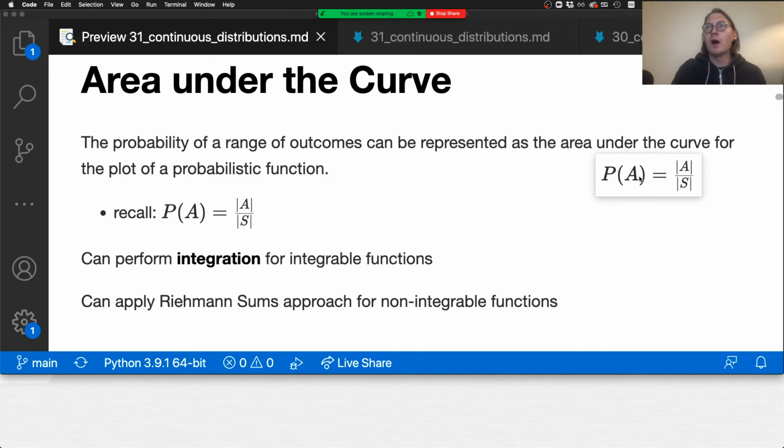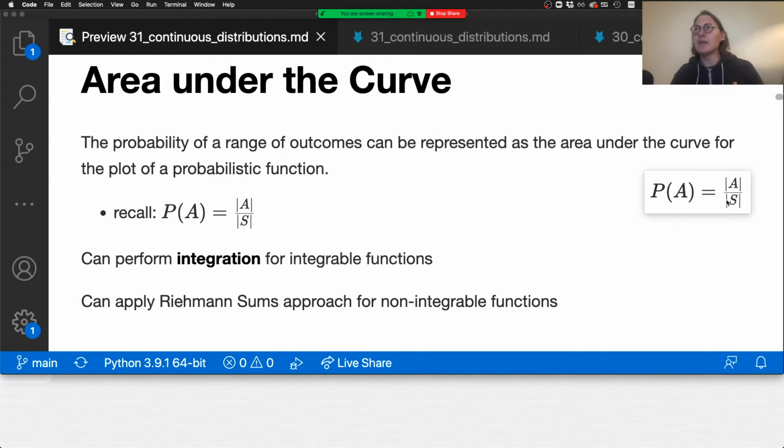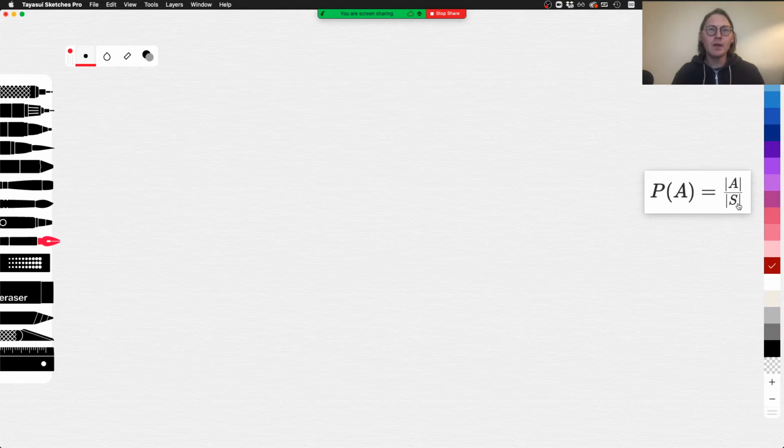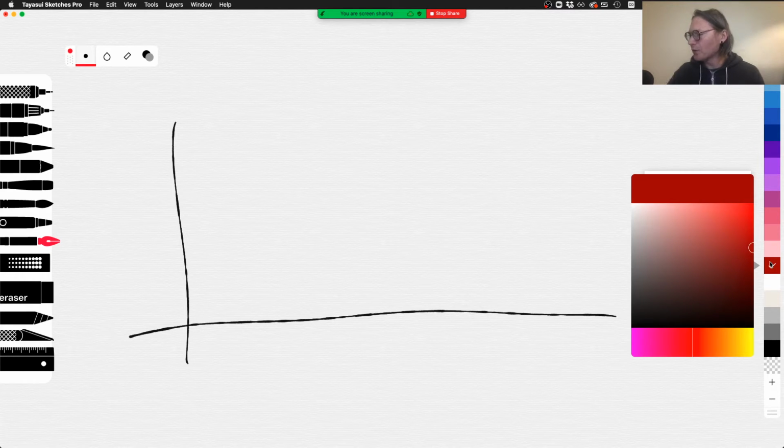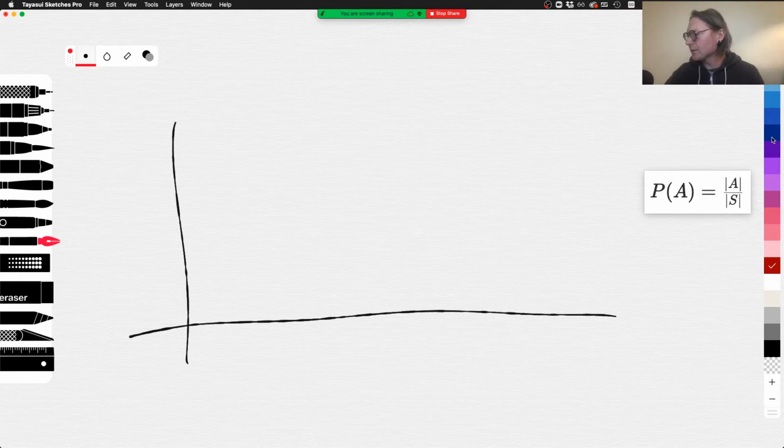This is our classic: the probability of outcome A is the cardinality of A over the cardinality of S. Well, in some sense, we're going to divert away from that, because this is speaking in terms of the count of the elements, right? So let's think about this in terms of maybe just a polynomial, right? We have some polynomial function, and I'll keep this fairly simple. I'm not going to define the polynomial necessarily. I'm just going to plot it. So why don't we do that? So let's say it goes like